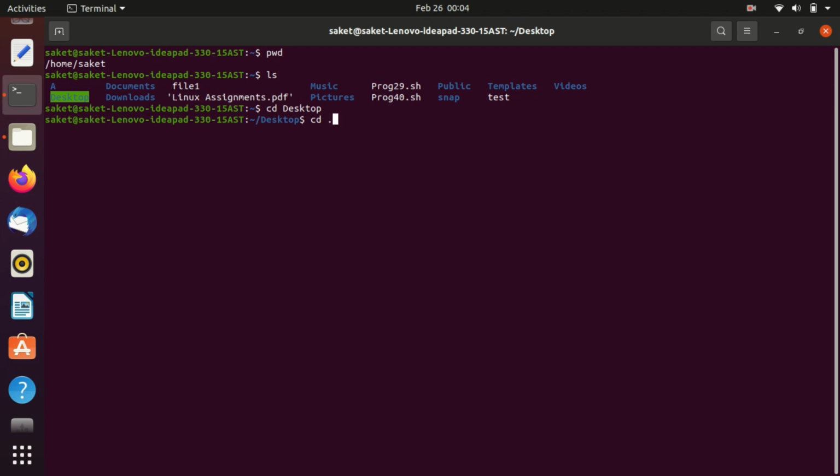And our next command is cd space dot dot, it will take you one directory back, means if you are in home directory and you come into the desktop directory from there, and then you type cd dot dot, then you will be redirected to the previous directory. Means cd space dot dot takes you back to the previous directory. Okay, I hope now it's clear. All the commands we have done, total 6 commands, and now we are moving to our next command.